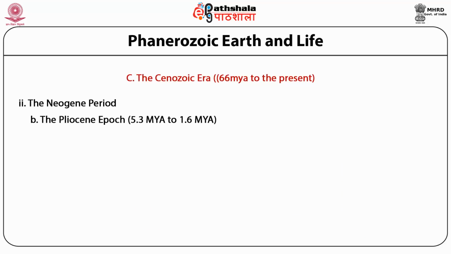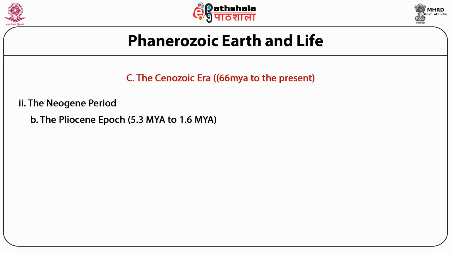The Pliocene epoch. The Pliocene epoch continued from 5.3 million years ago to 1.6 million years ago, and was characterized by a cold climate after the warmer Miocene epoch. The change in climate from warmer to cold and dry during the Pliocene resulted in the replacement of many forests by grassland. The major geological event of this epoch was the joining of the tectonic plates of North and South America.